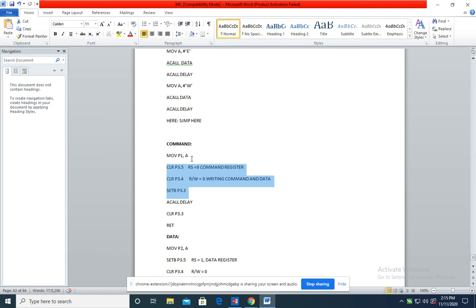Along with this, data values will also be sent through the accumulator to port 1, because port 1 is acting as a data port. For selecting the command register you need to write RS equal to 0. By writing this you will select the command register, and whatever commands you send through port 1 will be loaded into the command register.